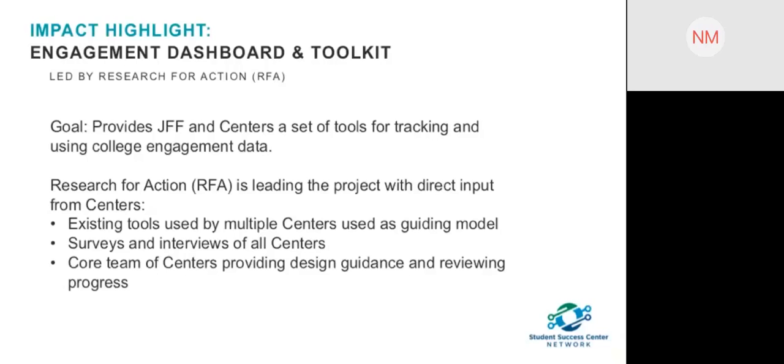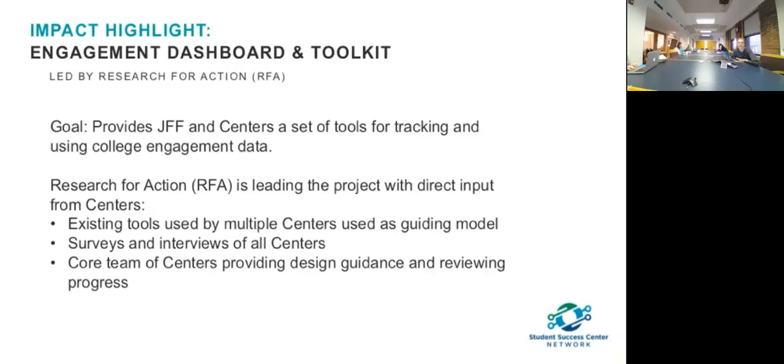Yeah, Naima, this is Jen. So while people are thinking, thanks for adding in. This is the first afternoon session on January 29th. Some folks from RFA will be there to walk through the dashboard, and as Naima said, you'll have a chance to demo it live, provide your feedback, and ask questions.